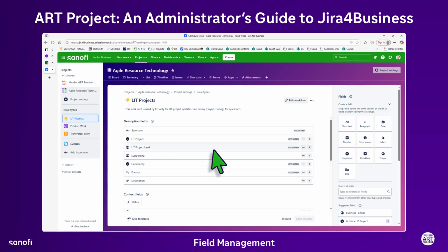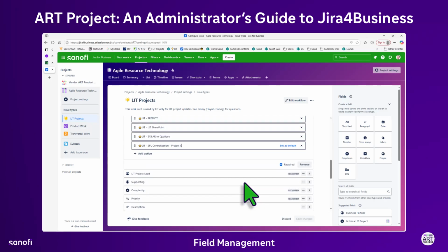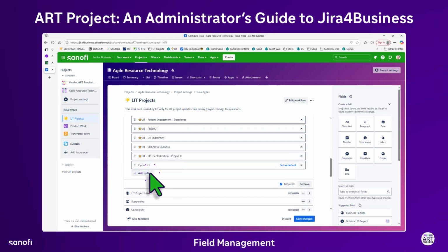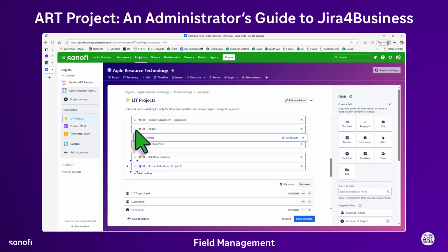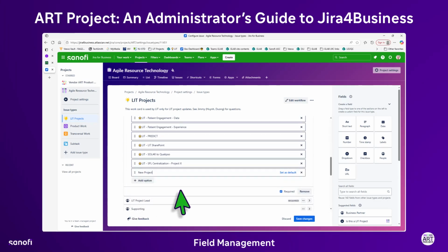So on the lit projects, you'll notice you have a drop down for the projects. You can come in here and you can add a new project. And you can also move this. I have them in alphabetical order, so you're able to move it. And